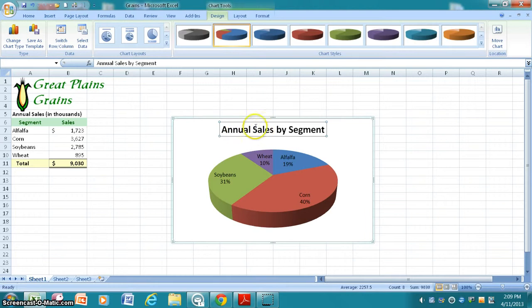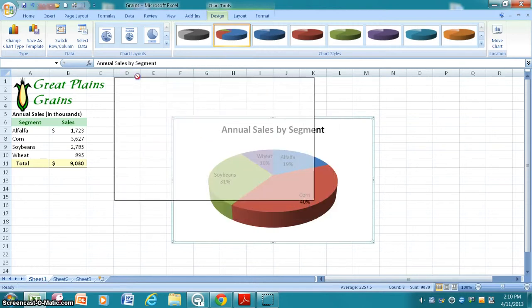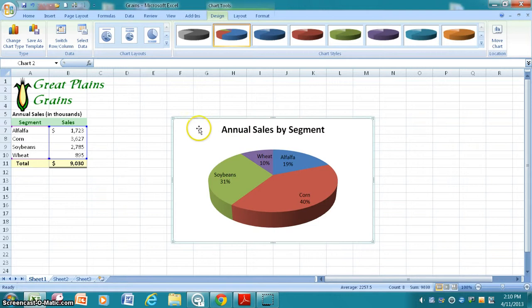And you notice this time I just clicked right here. When I typed the title, it appeared in the entry bar here, but when I pressed my enter, it updated my title. The last thing it asks us to do is to move and resize this title to D1 to H15. And when we do that,